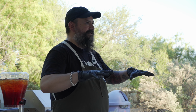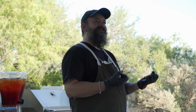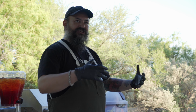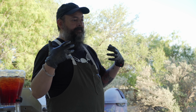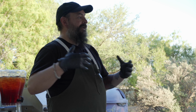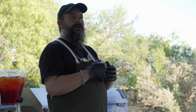But this dish is kind of what evolved, and if you don't have these conversations, it's going to get lost in history, and we're never going to find out that the origin of this dish is Native American. But because the cowboys were born when the Spanish came, and they taught people how to ranch, then chuck wagons became a thing. The first food trucks were chuck wagons, and this is the type of food that they were eating: simple, hearty,